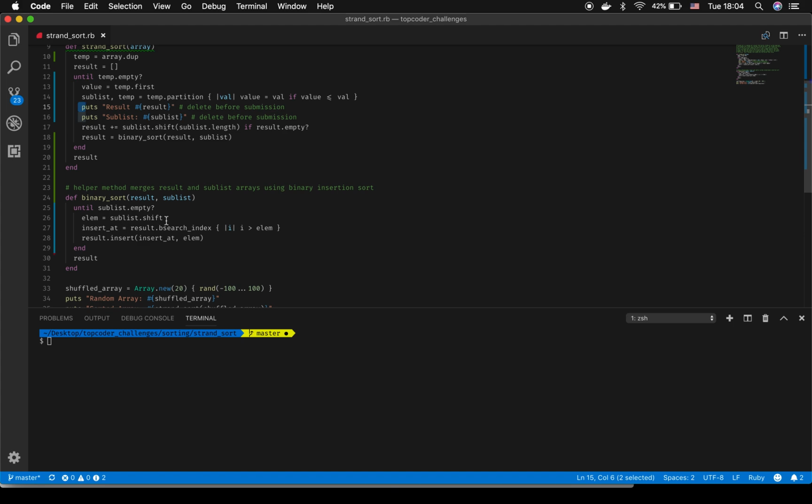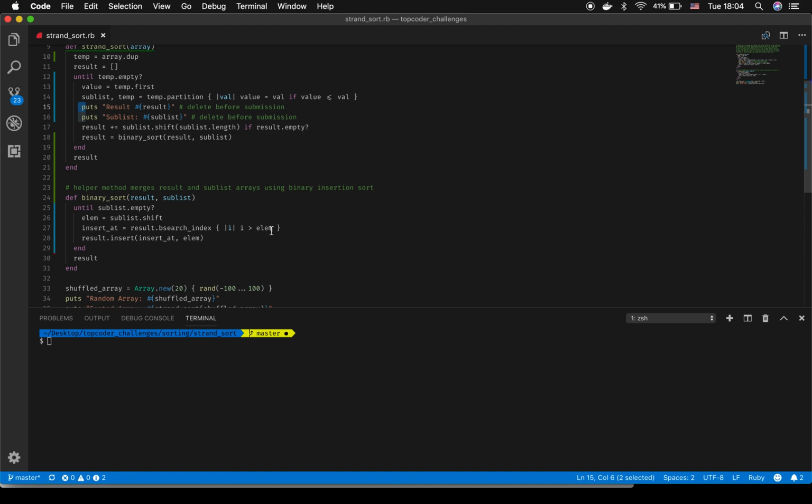It's going to insert it into the result array at the particular element that we search for. And in order to do this, I'm using the built-in binary search at index for Ruby, and it's going to set the insert point where i, which is each element being passed in, where i is